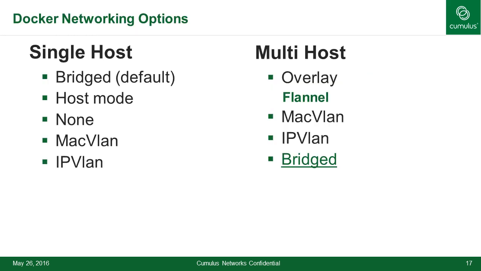So Docker essentially has two main networking options. I say Docker, again, as a synonym for container, just the way Xerox was a synonym for photocopiers for a long time. Docker is a synonym for containers today, but Rocket supports exactly the same modes. Essentially, there's a single host mode and there's a multi-host mode. When I run multiple containers on the same host, the containers need to be able to talk to each other.